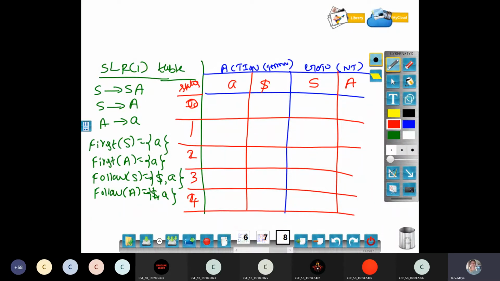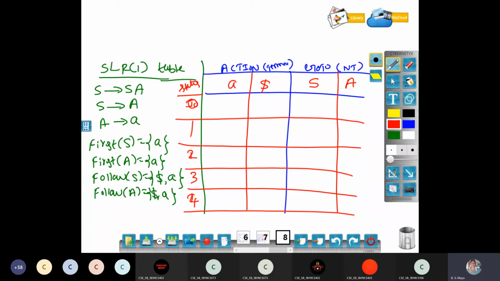This is the configuration of your SLR table. Using the table, you can say whether the grammar is SLR(1) or not. If the table has multiple entries, a shift-reduce or reduce-reduce conflict in the action part, then you can say the grammar is not SLR. Now we have to fill this action and goto table.